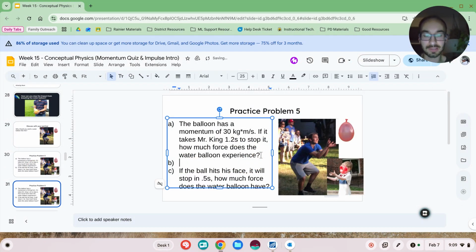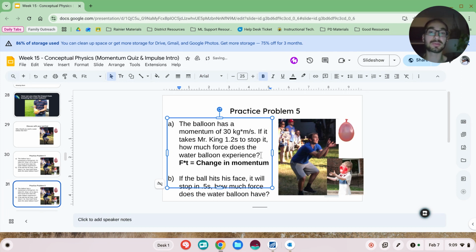So we're just using that same formula that we did previously. Force times time equals delta P, or change in momentum. So the balloon starts with 30 and it'll stop, so the change in momentum is 30. We don't have the force, but we know the time. So you'll divide 30 divided by 1.2, and you should get 25 newtons. So it may not be enough for the balloon to break, but if the balloon stops in 0.5 seconds,